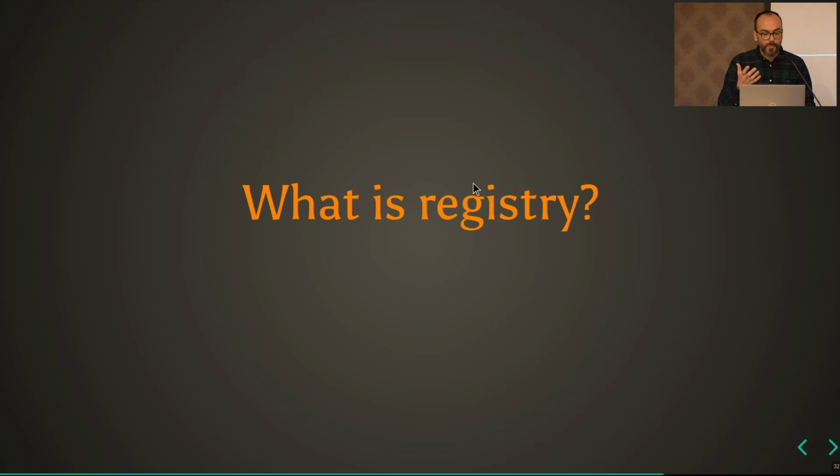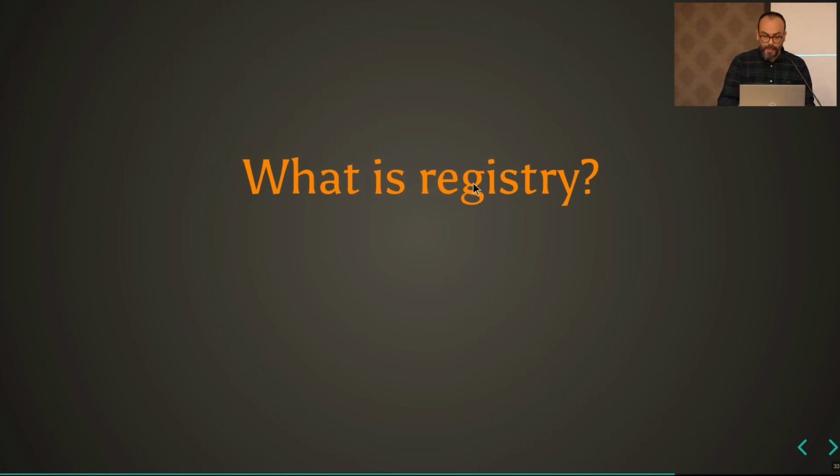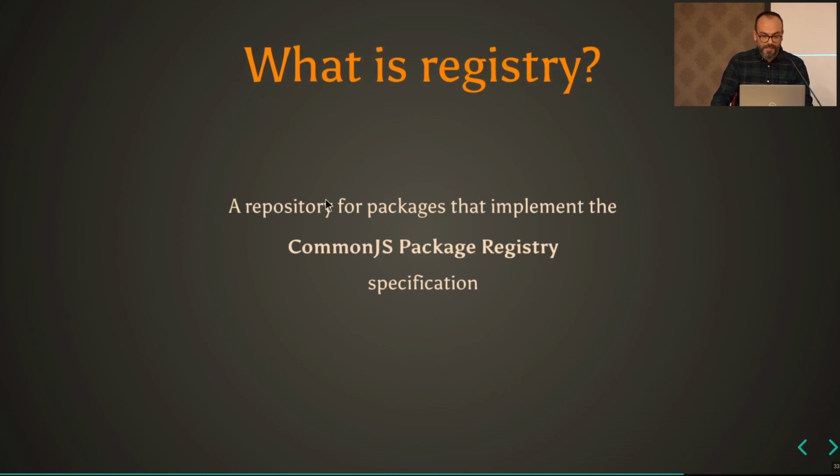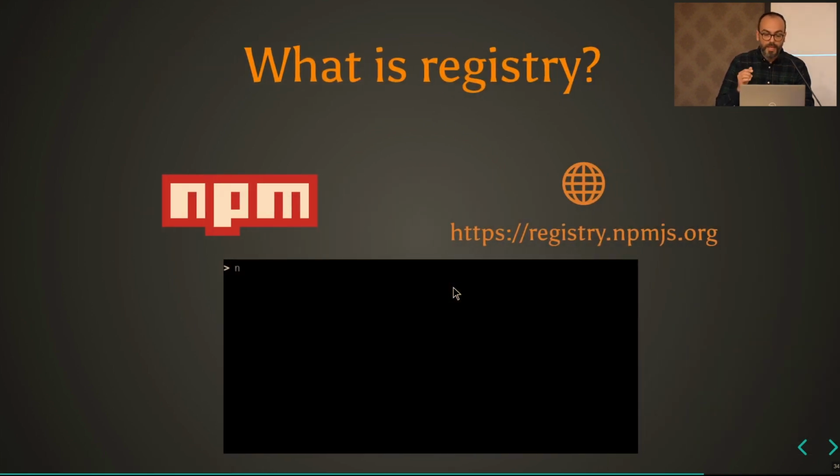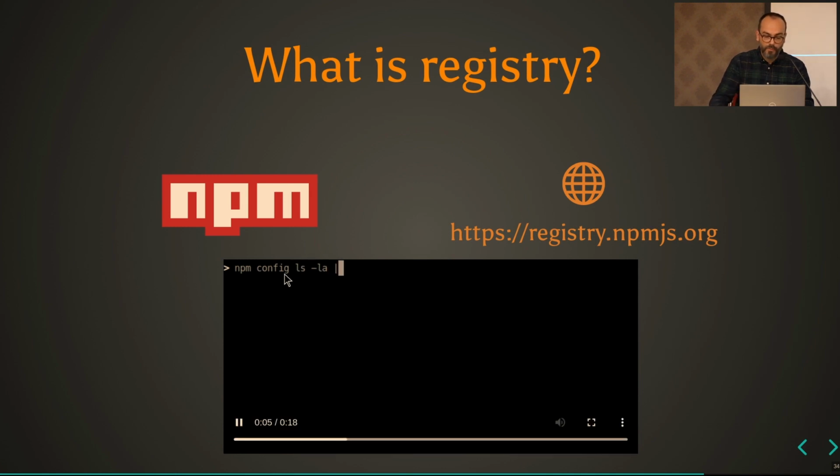To learn how to use a proxy, we first have to learn what is a registry. So a registry is just a repository for packages that implement this specification, the CommonJS package registry specification. This is the specification that has been implemented by npm, and this is the specification that has also been implemented by Verdaccio. If you run this command in your terminal, npm config with a grep, for example, registry, you will see